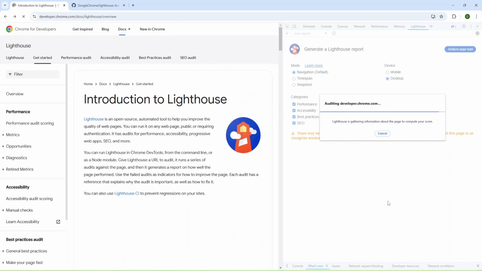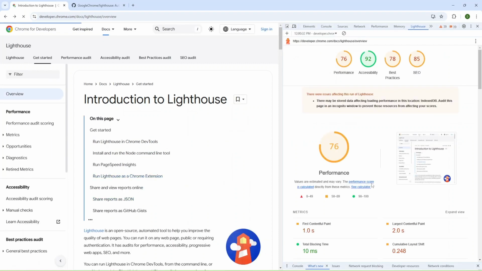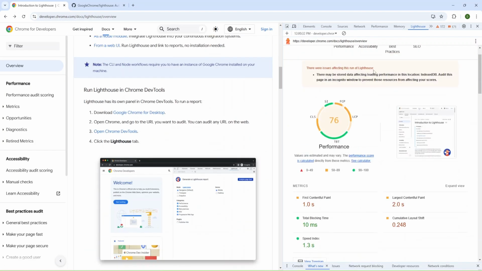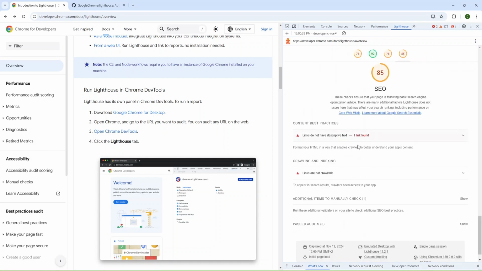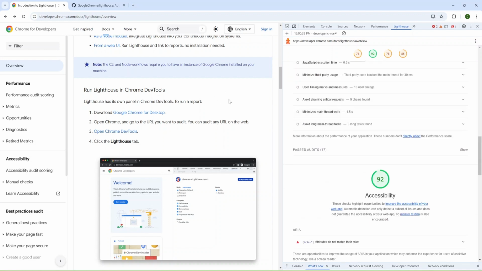It's an example, and I'll analyze my own web application. At the end, we got some scores, and probably some tips on how it could be improved. So I'm going to start my application and analyze my scores.